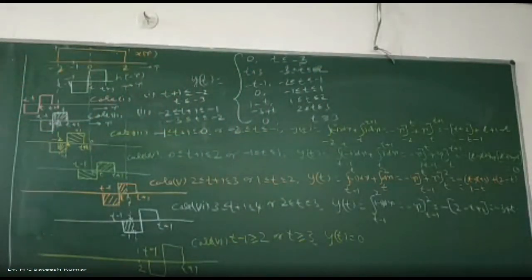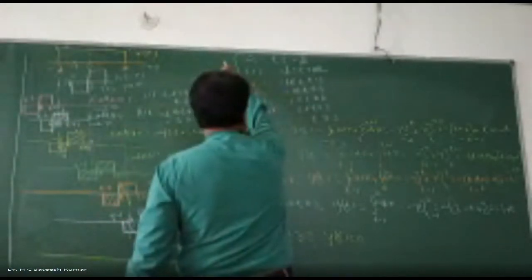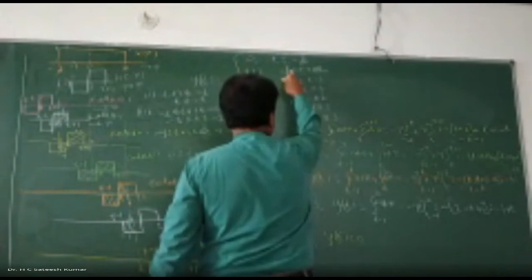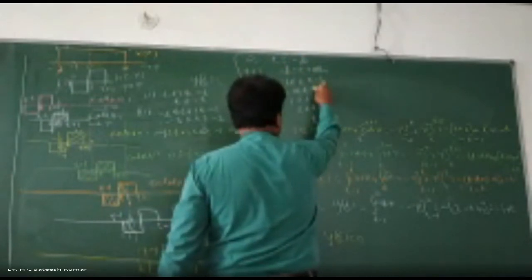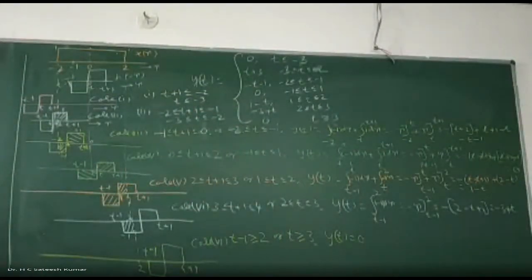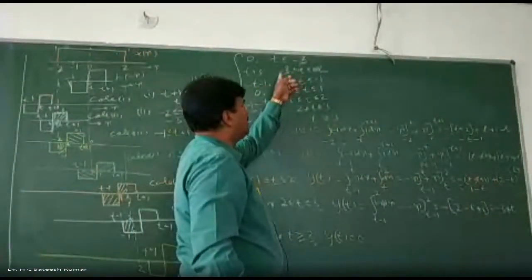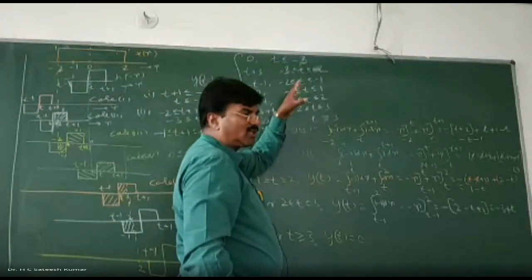Third one, what do we have? Okay, so minus infinity to minus 3, minus 3 to minus 2, minus 2 to minus 1, minus 1 to 1, 1 to 2, 2 to 3, 3 to infinity. That means we have covered minus infinity to plus infinity without any overlap, without any gap. Even if you make a small mistake, your answer will not match. For example, I had taken somewhere minus 1, but it was not matching. So therefore it is wrong.